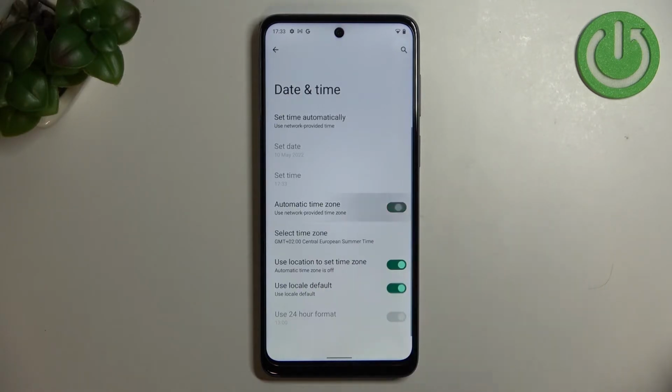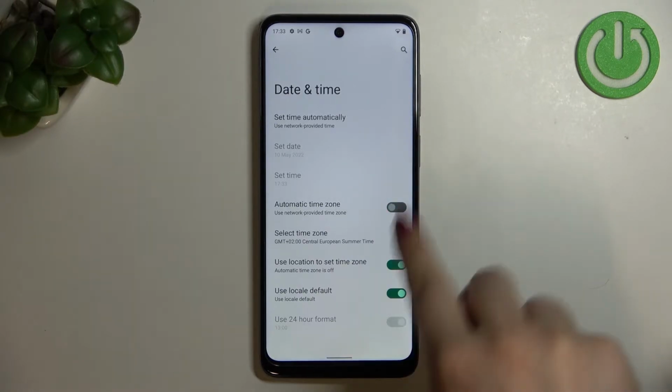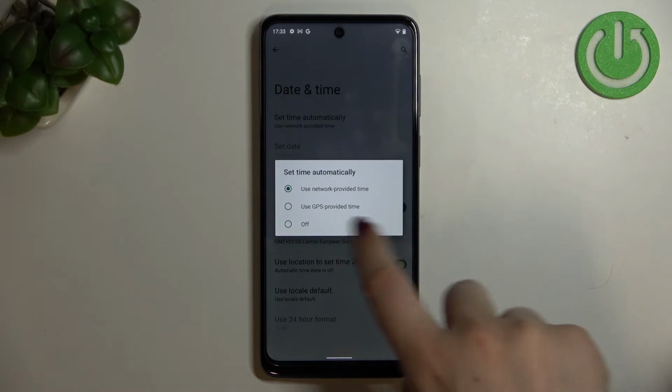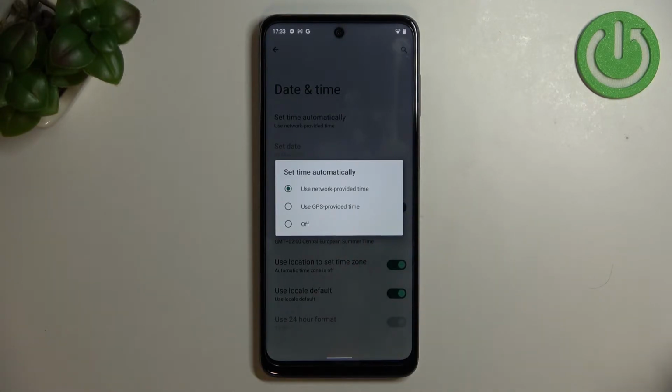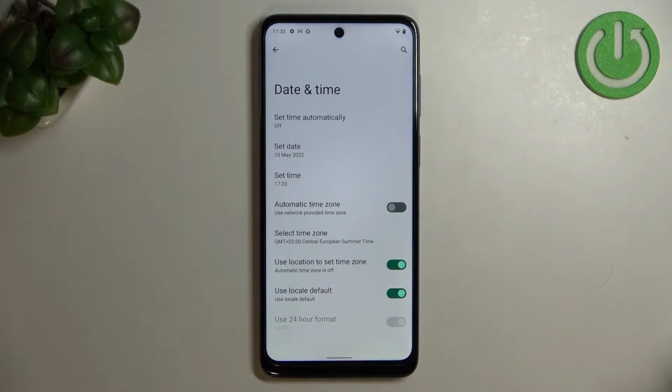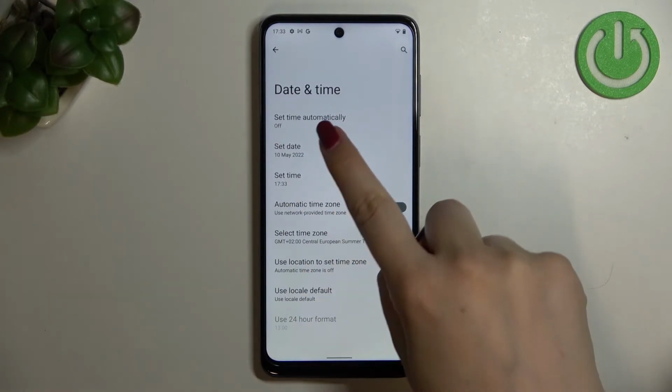So first of all, let's tap on the switcher to turn off the time zone and tap here at the very top. And here, as you can see, we can either turn off this option, so we will be able to manually set the date and time. We can use network provided time just like now, or GPS provided time. So let me pick off, and as you can see, both of the options are active,